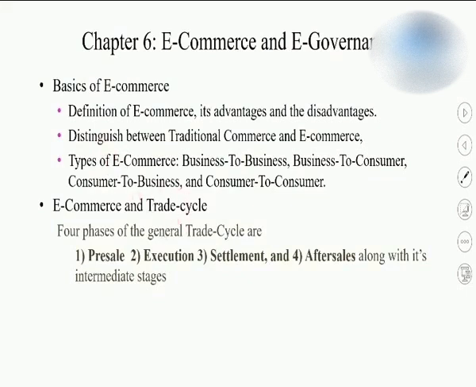Do remember the trade cycle specifically for the two correct or three correct answer. Students, the questions will be asked on any of the phases of the trade cycle. Like pre-sale contains search and negotiate, execution contains order and deliver, settlement contains invoice and payment, and after sale contains the maintenance and after sale activities. So you need to remember all the phases and its intermediate stages as well